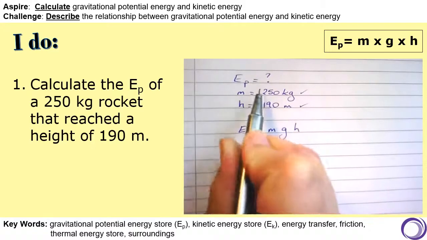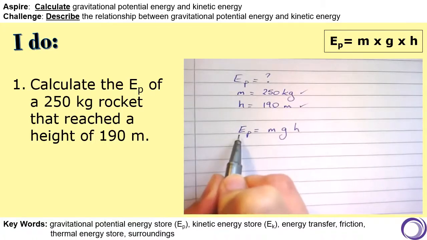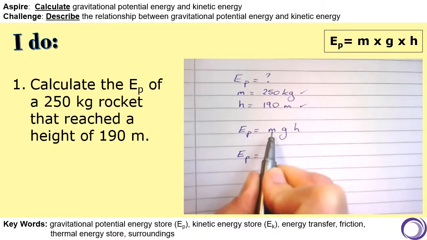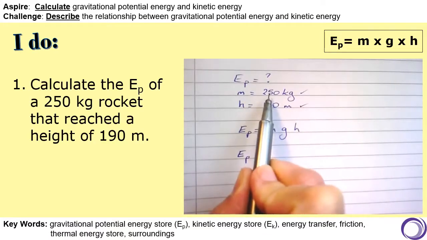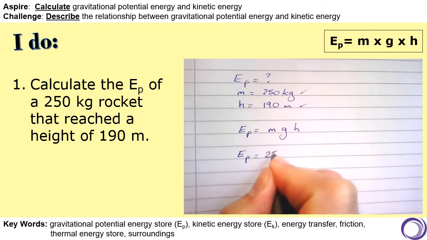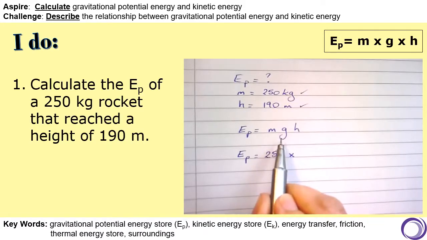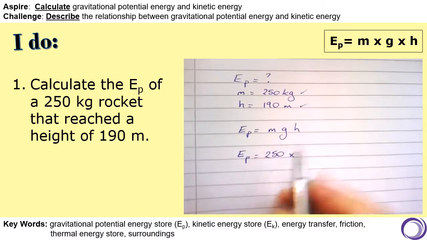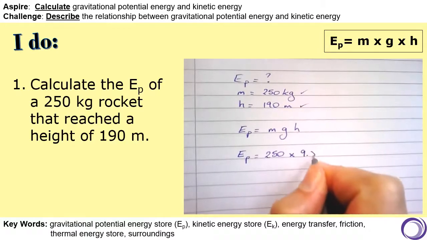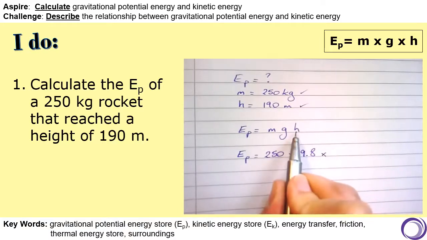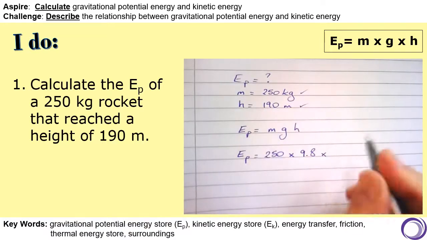So now I'm going to substitute my numbers into the equation. So EP is my unknown, so I'm going to leave it as EP. M, my mass, is 250 kilograms, so I can write 250. I'm going to times it by g. Now g hasn't been given to me in the question, but we assume that it's on Earth, and I told you previously that g on Earth was 9.8, so that is a number that you need to get to know. And then I'm going to multiply it by the height, and the height here given to me is 190 meters,